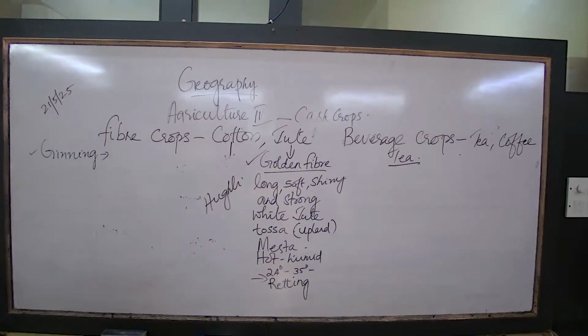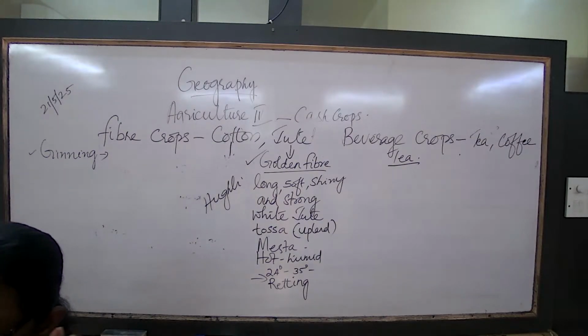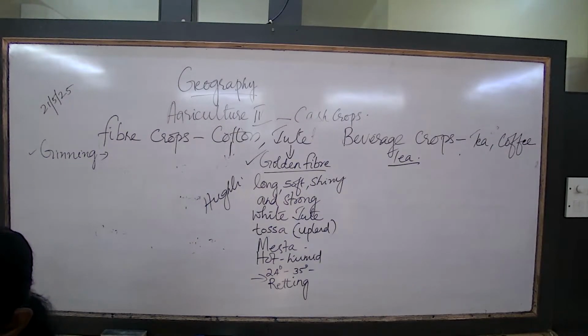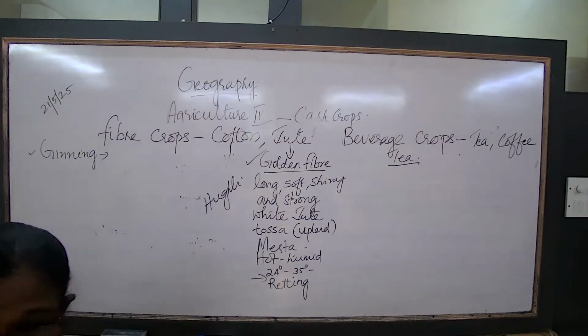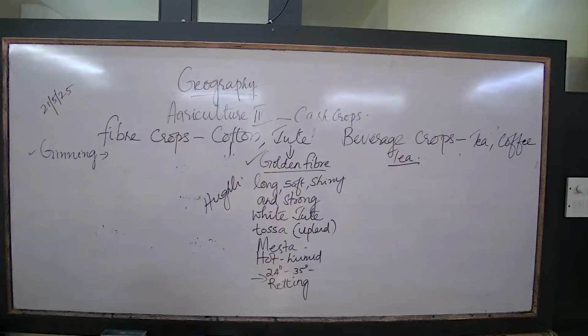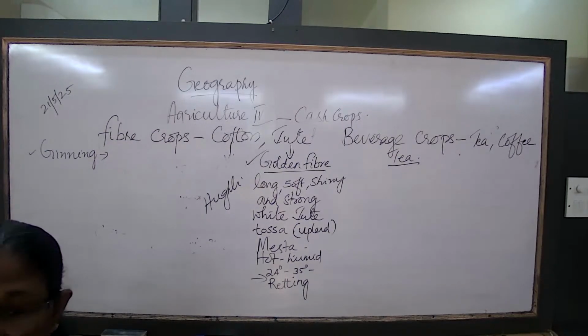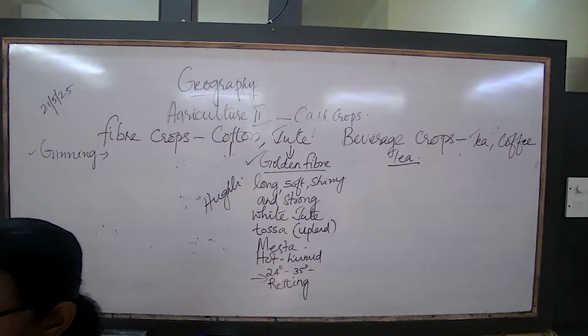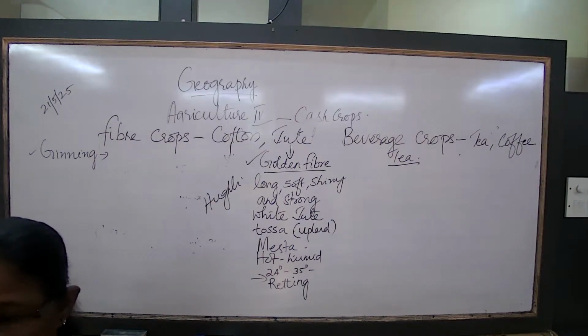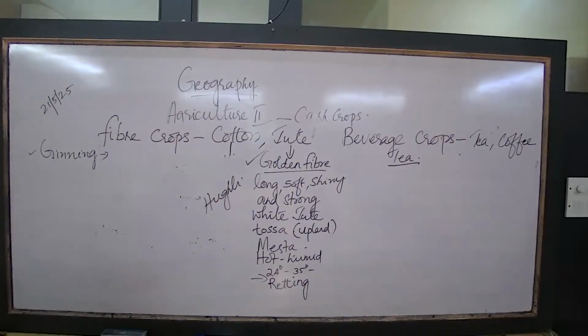Now, which are the regions where it is grown? Assam and Darjeeling, Kumaon Hills, that northeastern part, that is where that particular type of soil is available, laterite soil. So all these regions, and in the south, a tri-junction of Kerala, Karnataka and Tamil Nadu, a place called Nilgiris. That is the region where tea is grown. Got it? Now, climatic conditions.